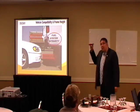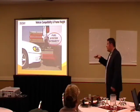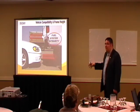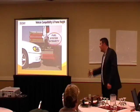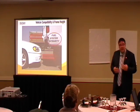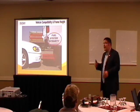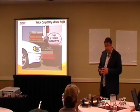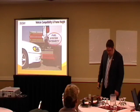When you raise the height of a motor vehicle, a truck, for example, and let's say you've got the rear tank option in this vehicle, you can expose the fuel system and tank to damage it was never designed to experience, and you can actually affect the vehicle's compliance with the federal regulations surrounding the integrity of the